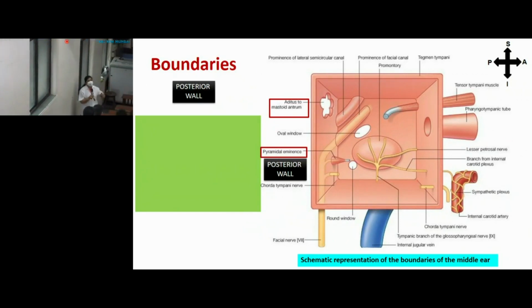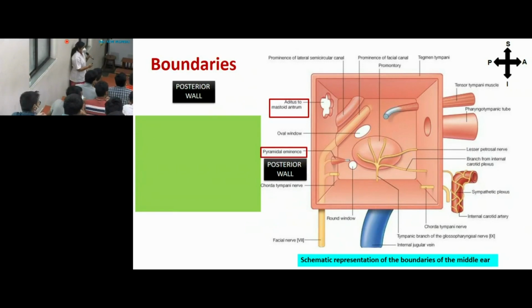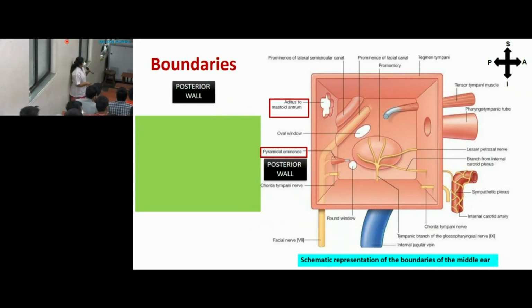So here the main cavity is tympanic cavity. Its extension posteriorly is called mastoid antrum. So the area of communication between tympanic cavity and mastoid antrum is called aditus to mastoid antrum, that lies in the upper part of posterior wall of the tympanic cavity. Okay, so this is one important structure seen. And in the lower part here you can see the vertical bony canal that carries facial nerve.